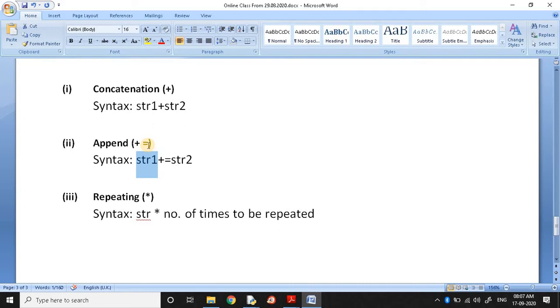Most of the students write this also within the print function. This is a mistake, so don't do it like this. You can directly call print for the others, but this one, after the statement, you can call the print function for appending only.